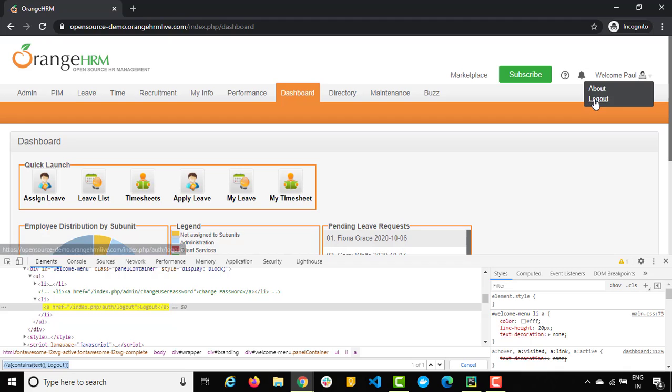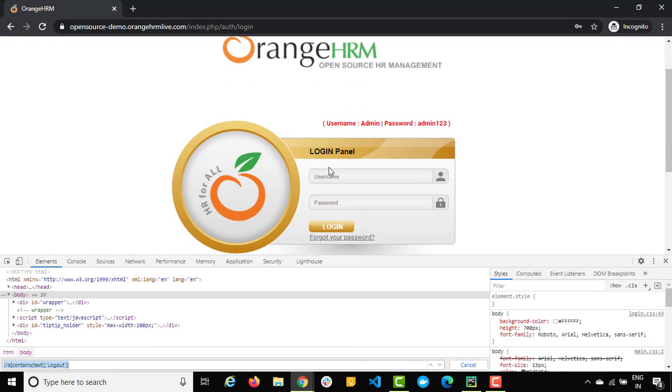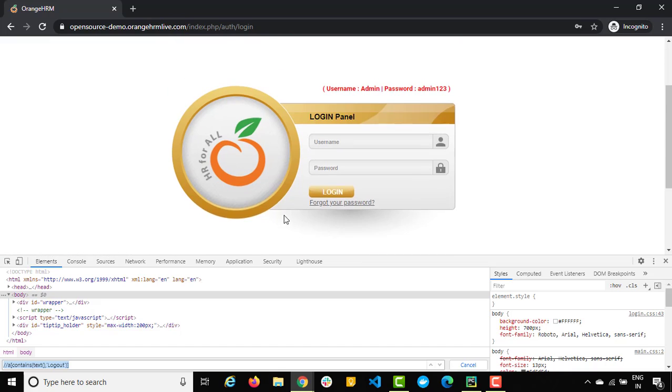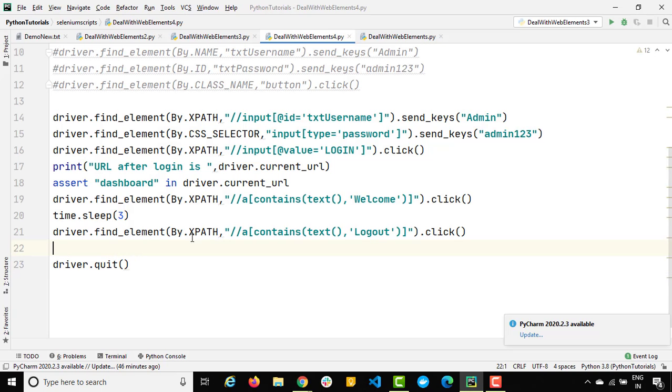Now after logout, you can verify whether we are getting this particular login panel or not, whether we are getting these social icons or not, or maybe you can verify this particular URL. This URL contains login now, right? So again, after logout, you can put the same assert, and you can see I'm expecting a login in